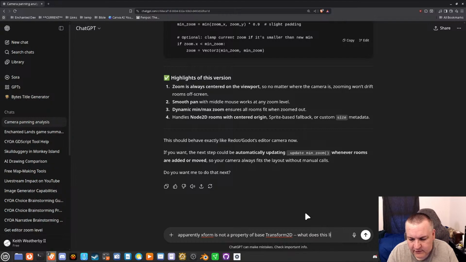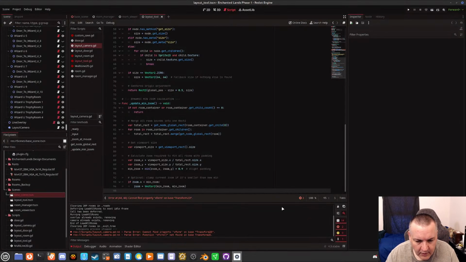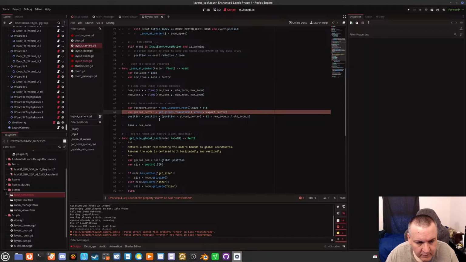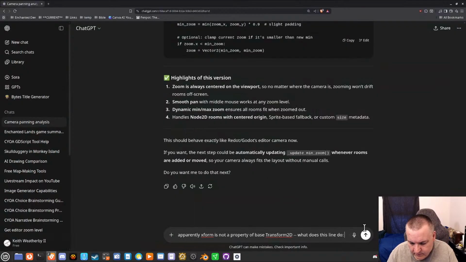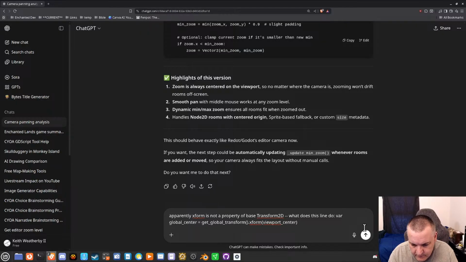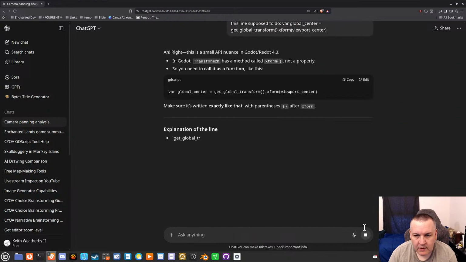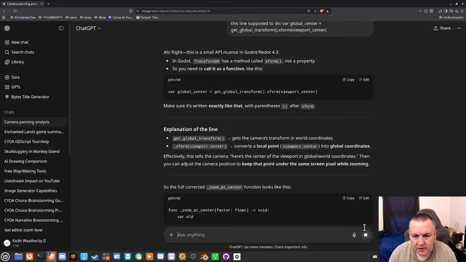What does this line do? What is this line supposed to do? It says xform is a method, not a property, so you need to call it as a function like this.